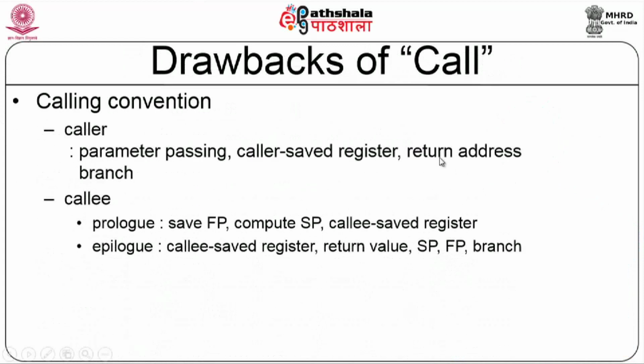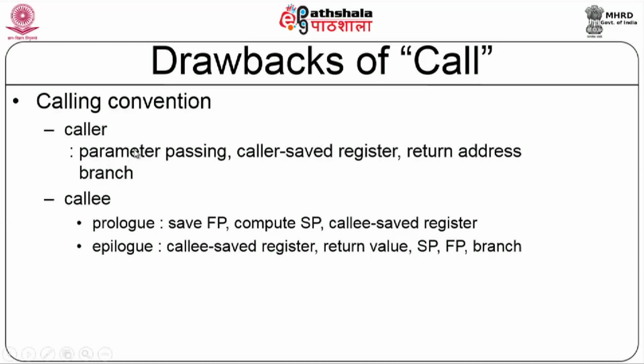Typically we know what happens during a call. When a function call happens, we have already done this with reference to runtime storage management, where we talked about the activation record, the calling stack, and the activation record having 7 fields. Information gets passed there and saved, and then the callee is invoked, and we save the addresses and the contents of the caller, and then you invoke the callee.